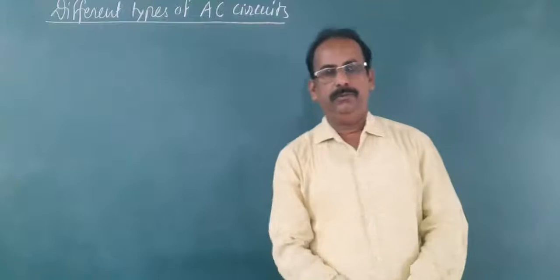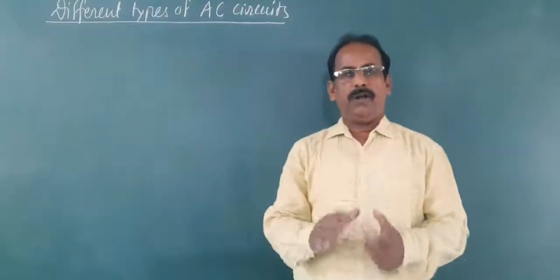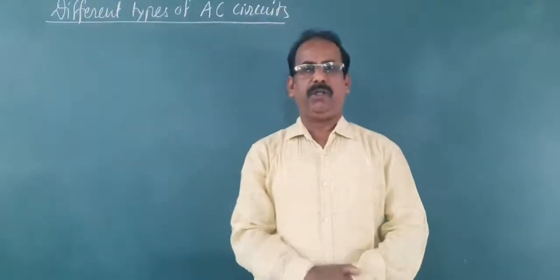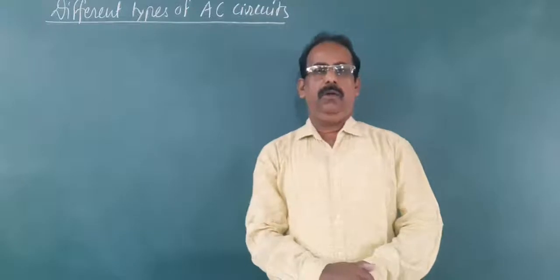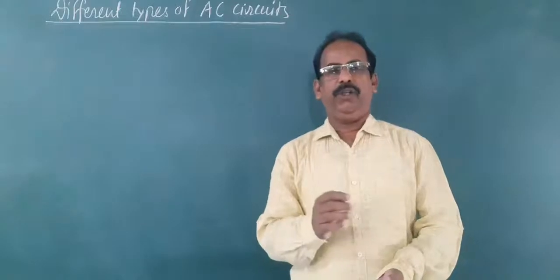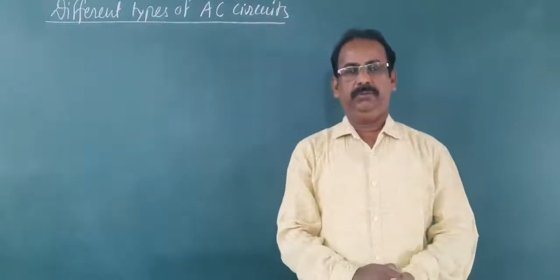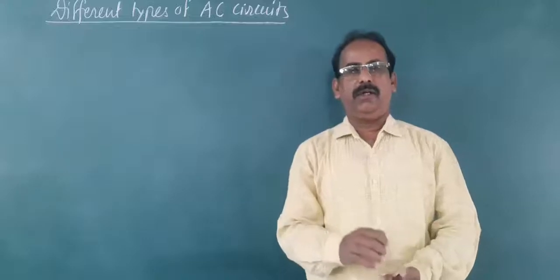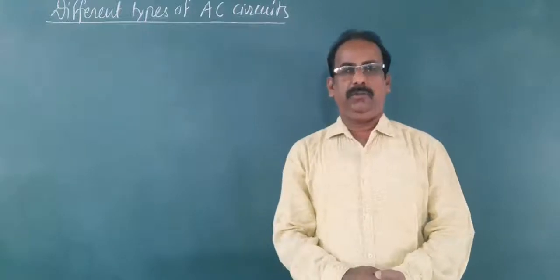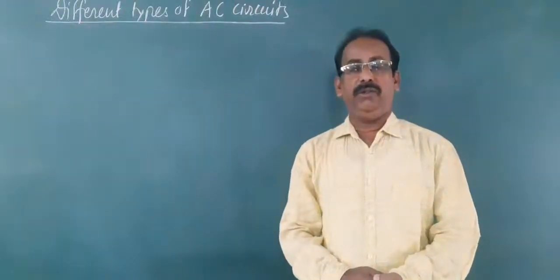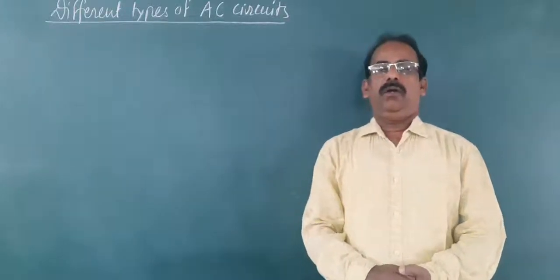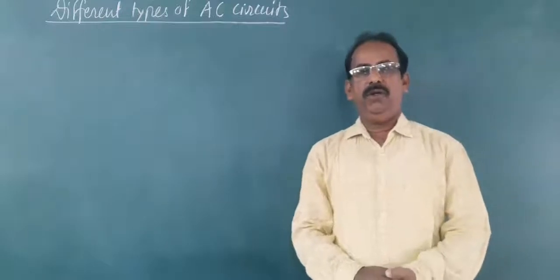Under this heading, we are going to study 4 different types of AC circuit. First one is AC circuit with pure resistor. Second is AC circuit with pure inductor. Third is AC circuit with capacitor. And fourth is series